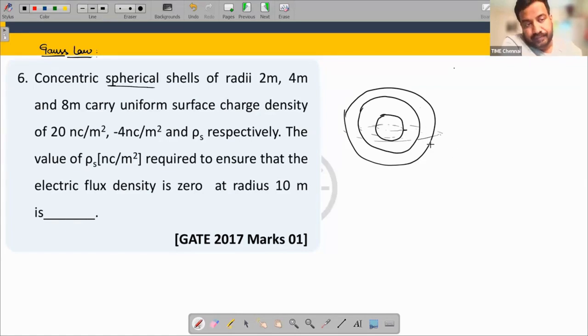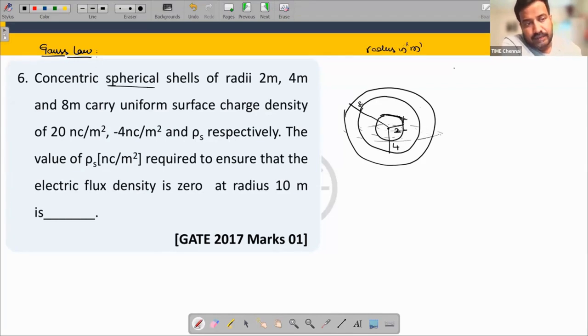Yeah, they're all in this way. They're of radius 2 meter. The radius is in meters. The other is 4 meters. The other is 8 meters. These spherical shells carry